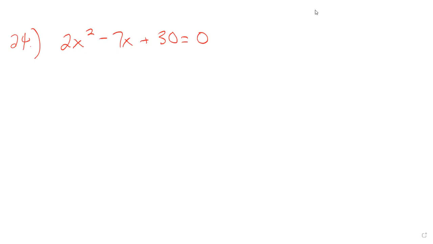As you can imagine, if I think about my factors, I've got 1 times 60, 2 times 30, 3 times 10. We could use 3 times 10, maybe. Let's see. Let's write this out. Factors of 60 that are going to add to be negative 7. We're thinking maybe 3 times 10. The problem with this, though,